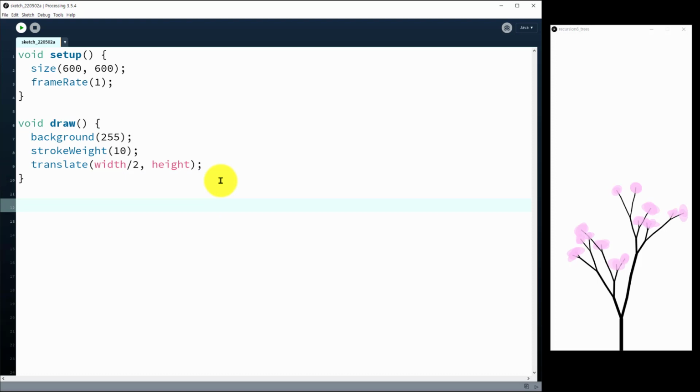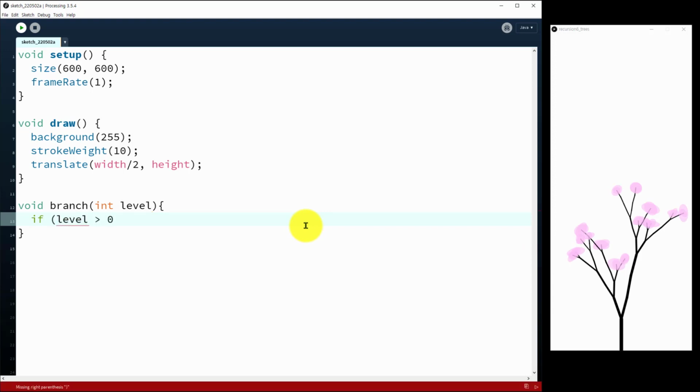And let's make the tree function. I will call it the branch function, and it has to have a parameter for the height of the trees. And then in each stroke, if it is not final, so level is larger than 0, I'm going to call the branch function recursively. How to do this? Please look at this carefully. So first of all,